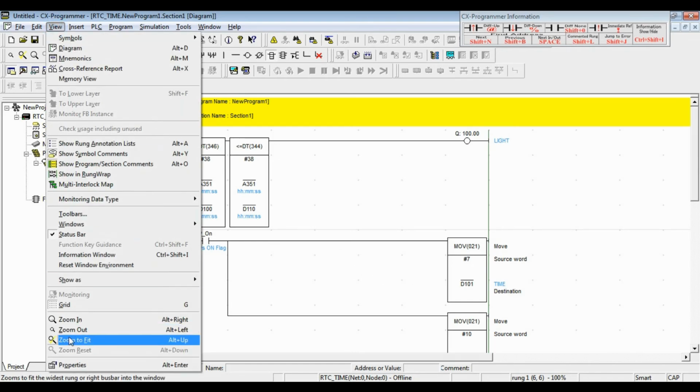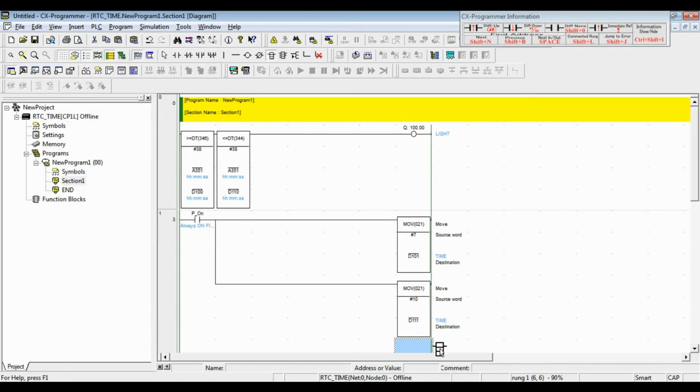Click view, click zoom out. Okay, now you can see all of the program that I have made.